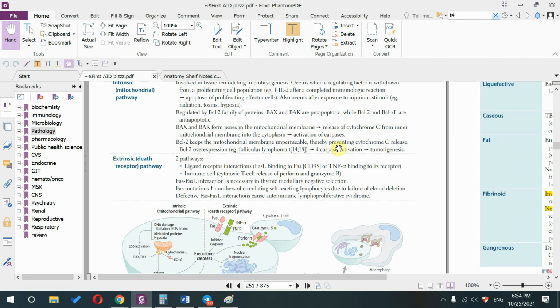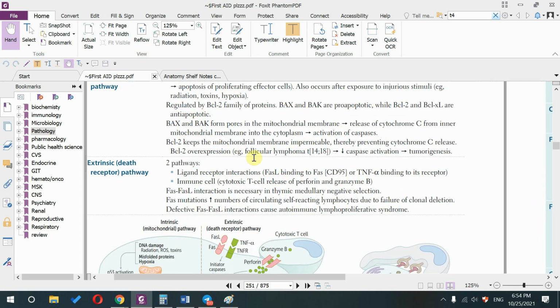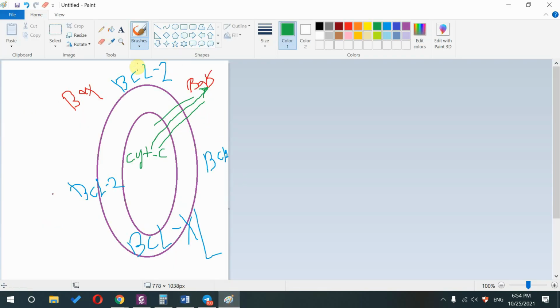Okay, so let's speak about a really important cancer. It's called follicular lymphoma, which is due to BCL2 overexpression. So let's imagine here, the BCL2, you have a lot of it. The BAX and the BAK have no chance. The BCL2 will be able to protect the mitochondria in all cells. If that is true, the cells will keep dividing. If they keep dividing, the patient will have follicular